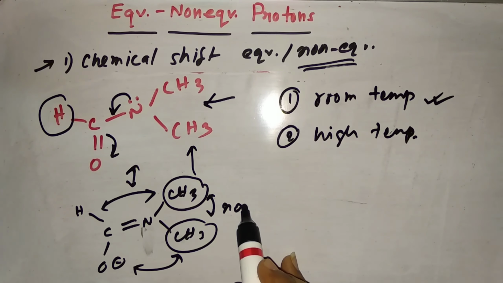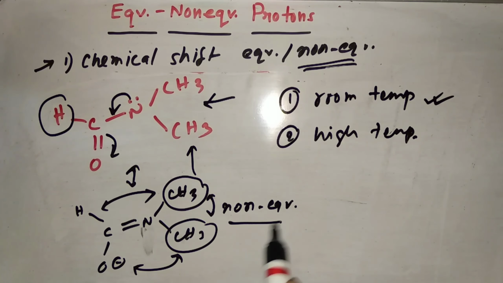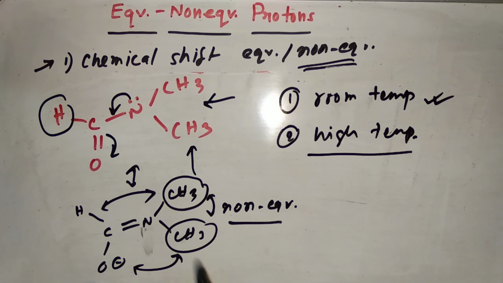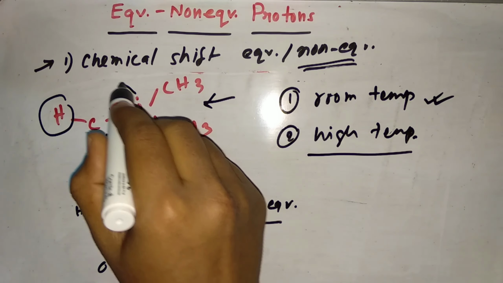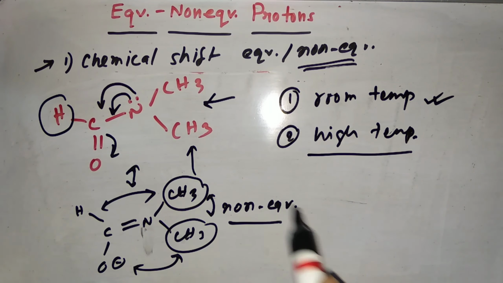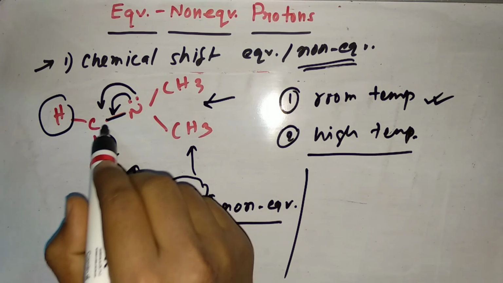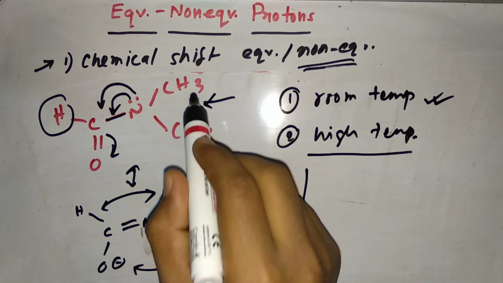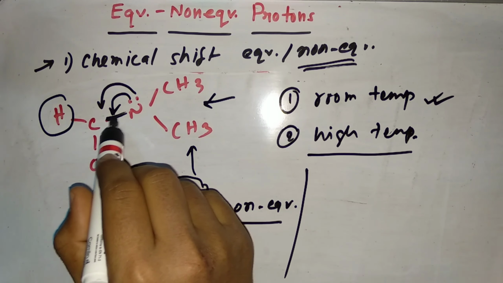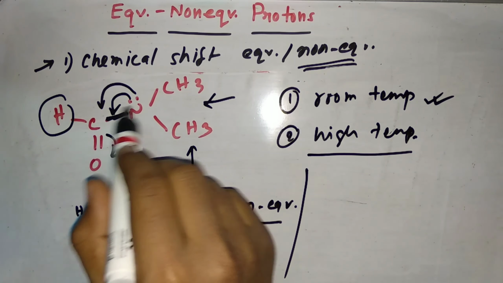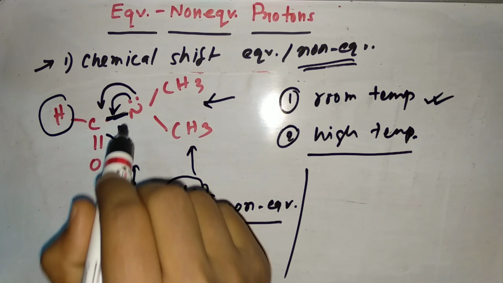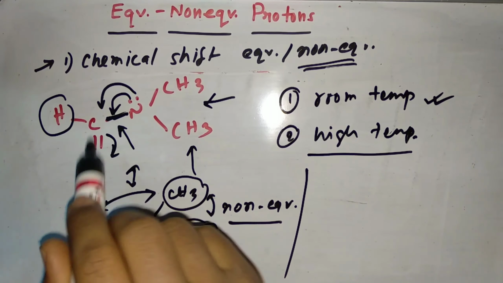Okay, so here there is non-equivalency, but one thing is, at high temperature what happens is that the rate of this resonance occurs very fast. Because the double bond character and single bond character are nearly at equilibrium, this system may have totally single bond or double bond character. Or you can say it is single bond, or you can say it is double bond, because the conversion occurs